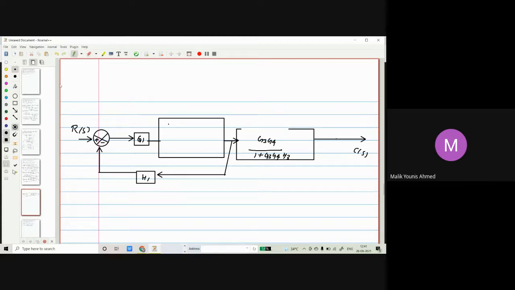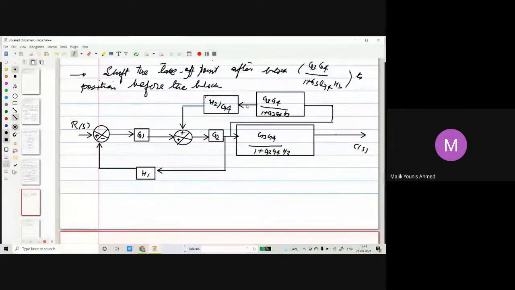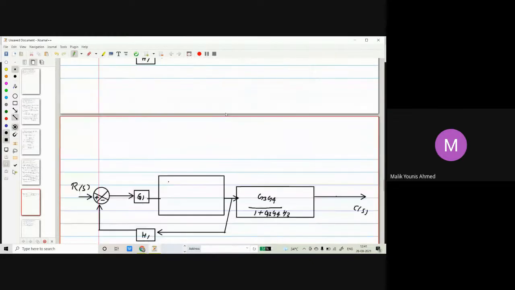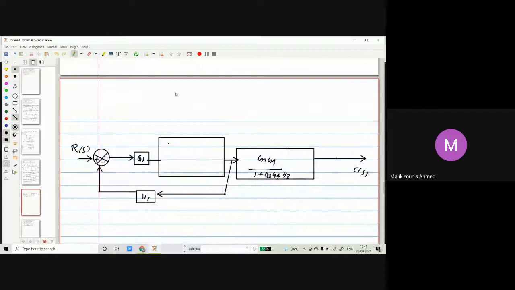Okay. Make this block here complete. Okay, now these are in cascade. Have a look very clearly. These two will be multiplied, G2, G4 multiplied by H2, then divided by G4 multiplied by 1 plus this. And then this transfer function will be a feedback loop in cascade. So in total it will come out to be, you can verify this because I don't have so much time here to do it here. So this will come out to be